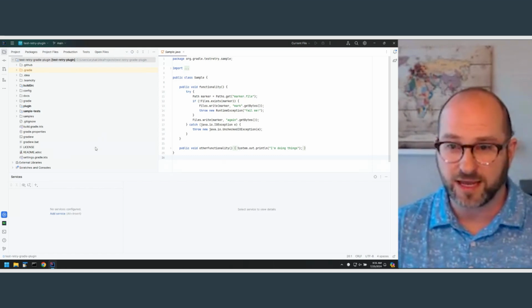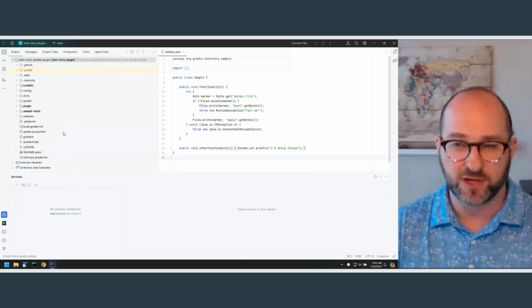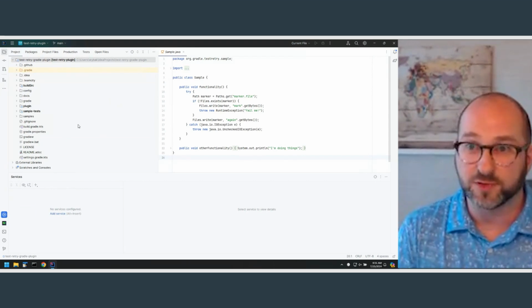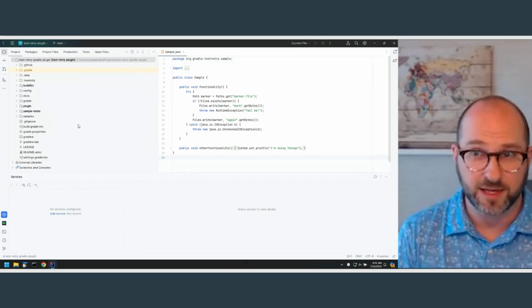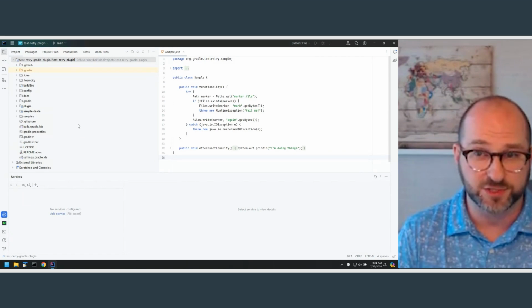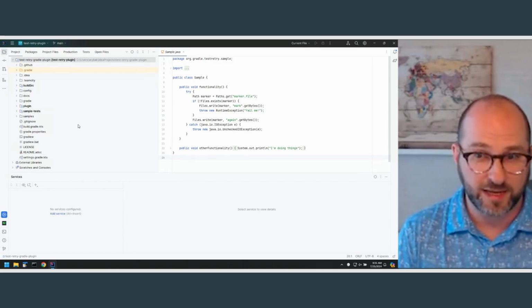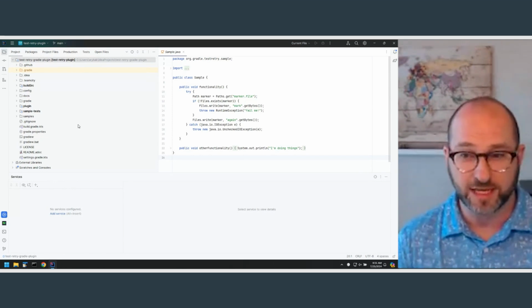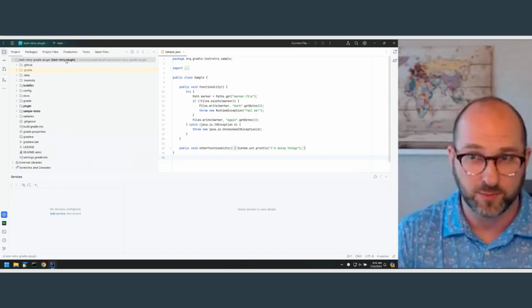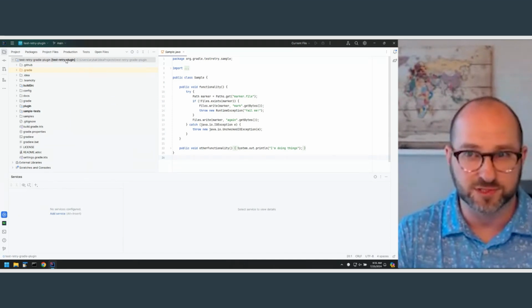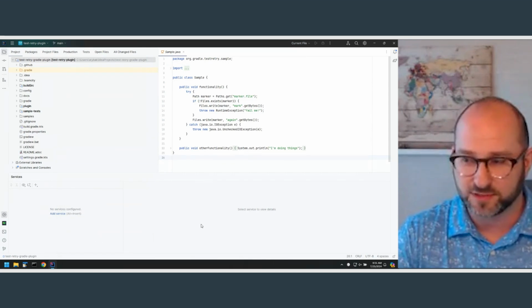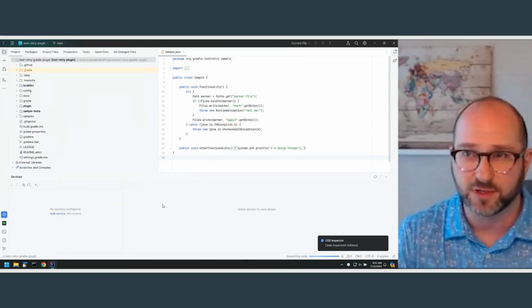So if we look at the way that this works is we have a plugin called OSS Inspector. So it's a new plugin that we will be releasing shortly. And it allows a developer to essentially run a Java or Kotlin build inside their IDE and understand their dependency tree, and then use our data to look up the licenses and vulnerabilities associated with those components. So let me go ahead and kick it off. And while it is running, so it should take a few seconds to a minute to run,